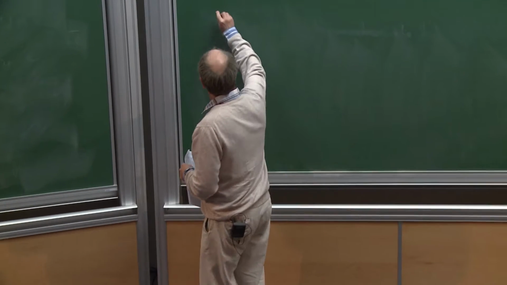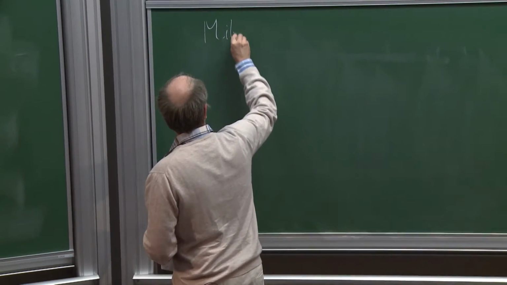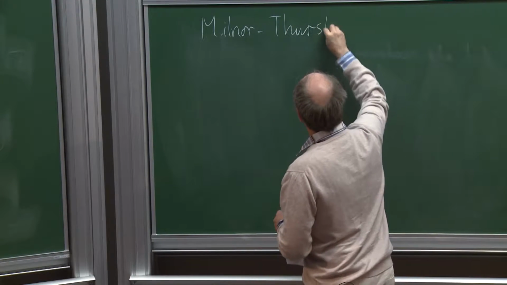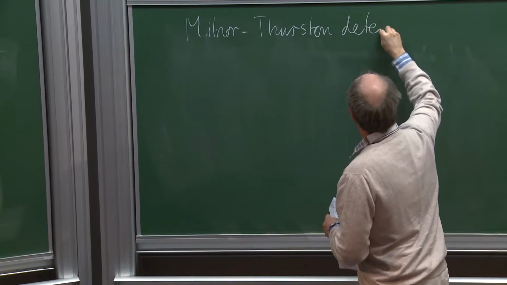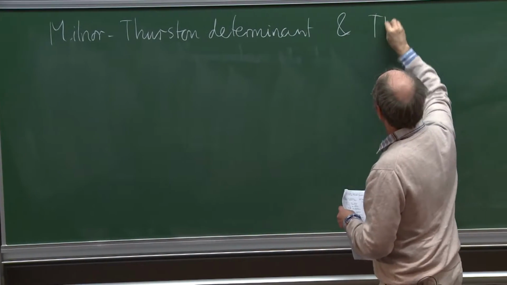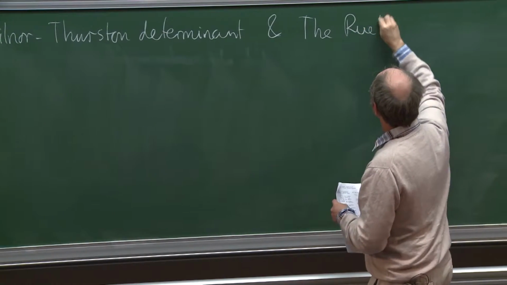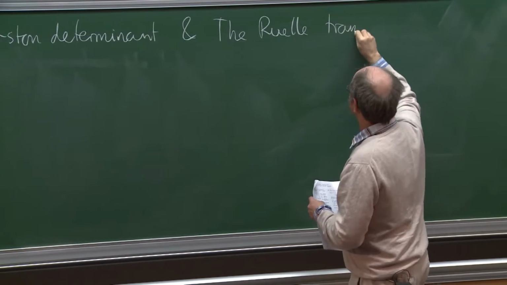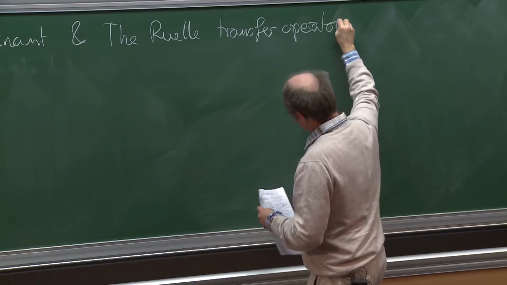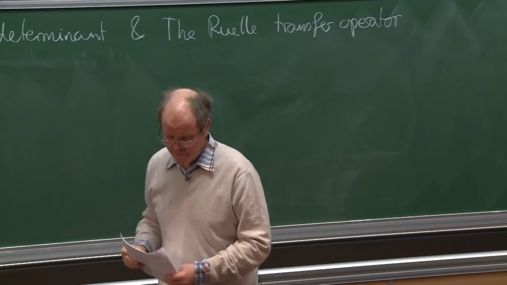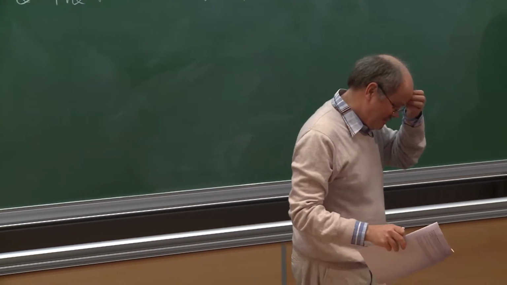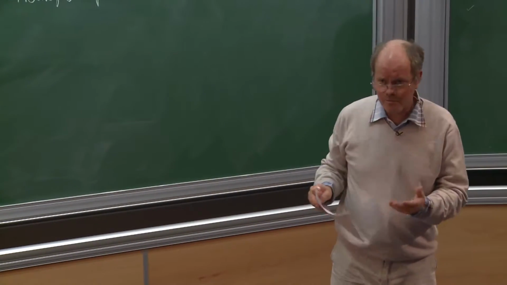So the title of the talk is Milnor-Thurston Determinant and the Ruelle transfer operator. And in some sense, it's a kind of ending parenthesis on a long piece of historical work,